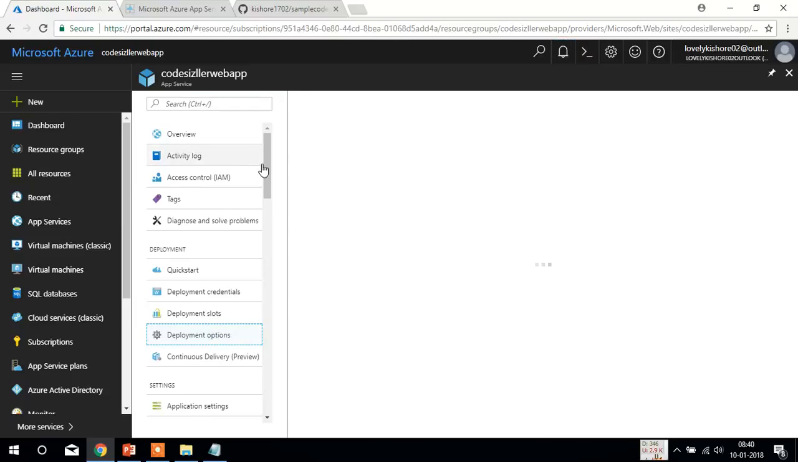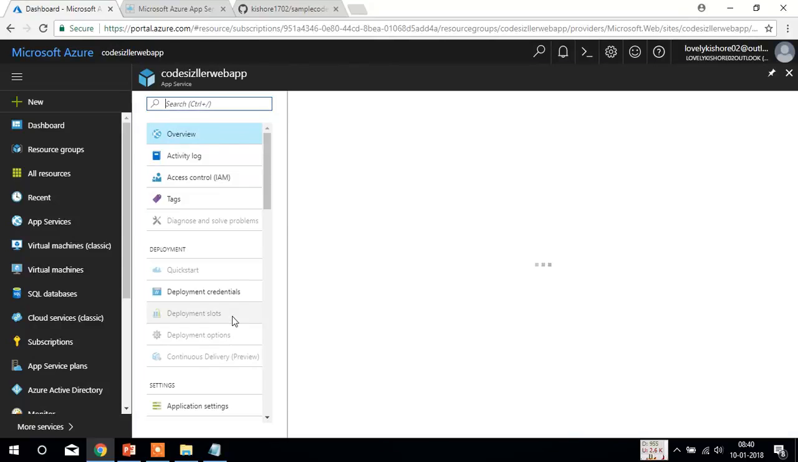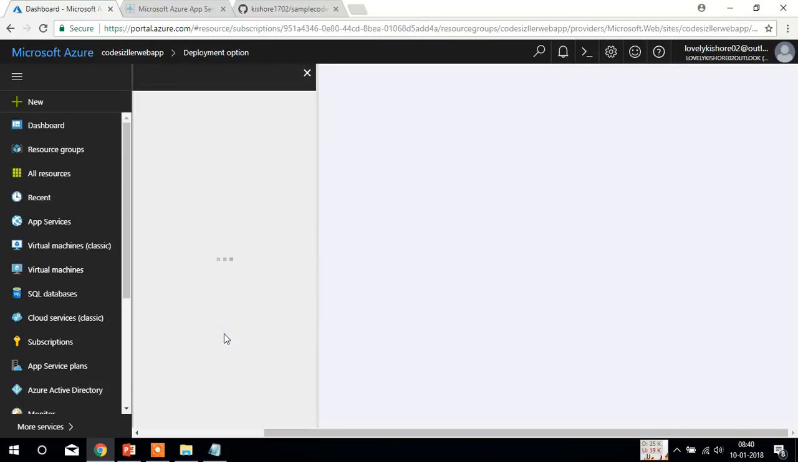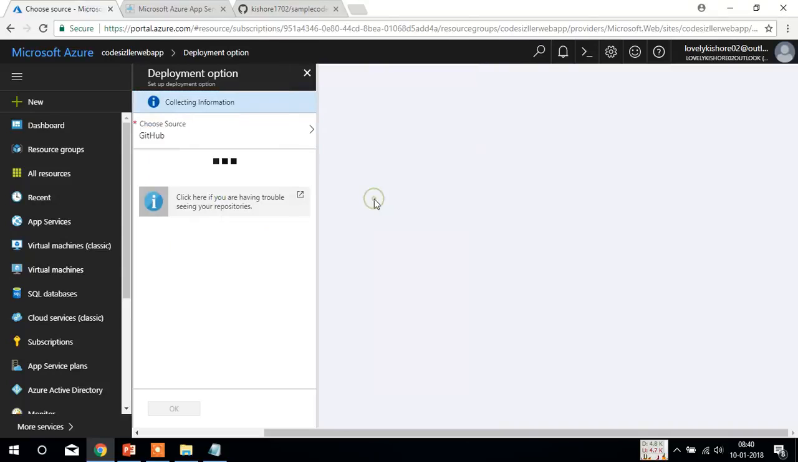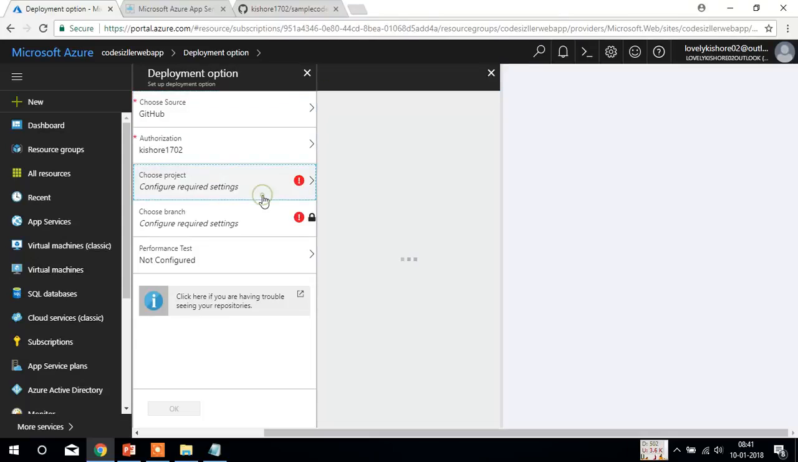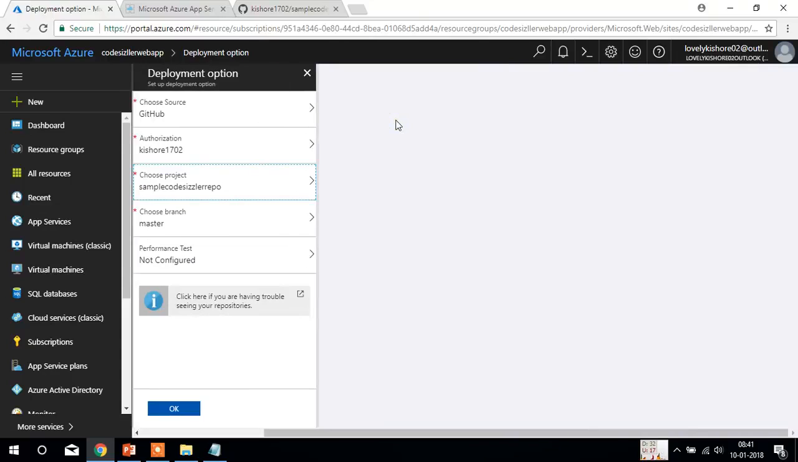Wait, let me check why it's taking time to load. Let me go there. Deployment options. Yeah, and I'm choosing the GitHub as source again. So the same thing which I did previously. And it's authorized and projects. So you can see sample CodeSizzler repo. I'm choosing it. So this is going to be the project which I'm going to connect with my web app